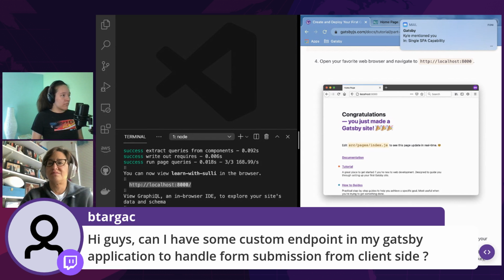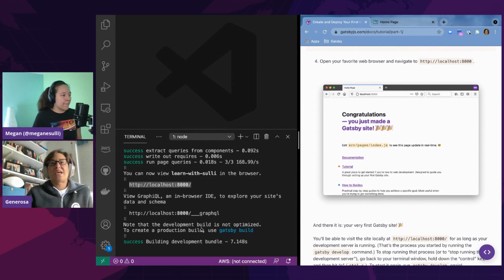Maybe if you could clarify. Because you can put a third-party form submission API there, so it's custom in that sense.